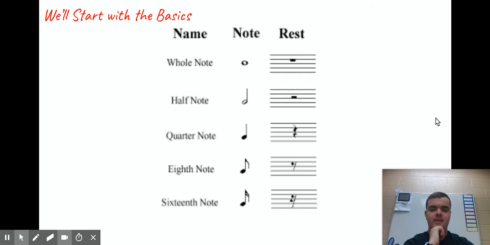So these are the basic things you will start with when you come to reading music. This is a whole note right here. This kind of like compressed zero, or like a circle. It gets four beats in the measure. So one, two, three, four. Its rest looks like this in a staff, and it looks like it's hanging on to the fourth line of